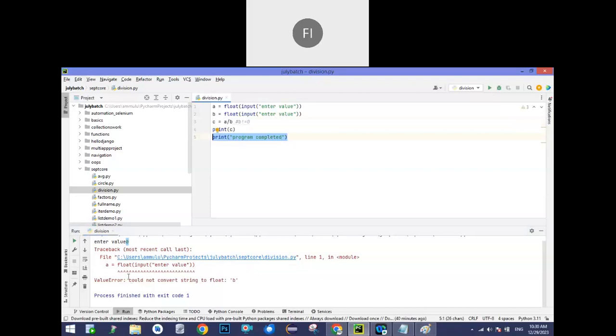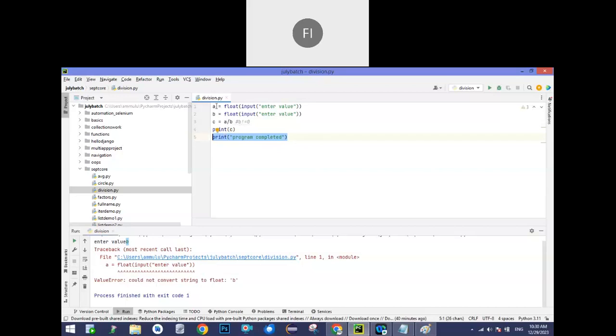See that after this, once our program is terminated, definitely whatever code is after that line won't be executed. So line number 4 and line number 5 will be skipped and the program terminated. So that is the drawback of logical errors. So that's why we should handle them properly.